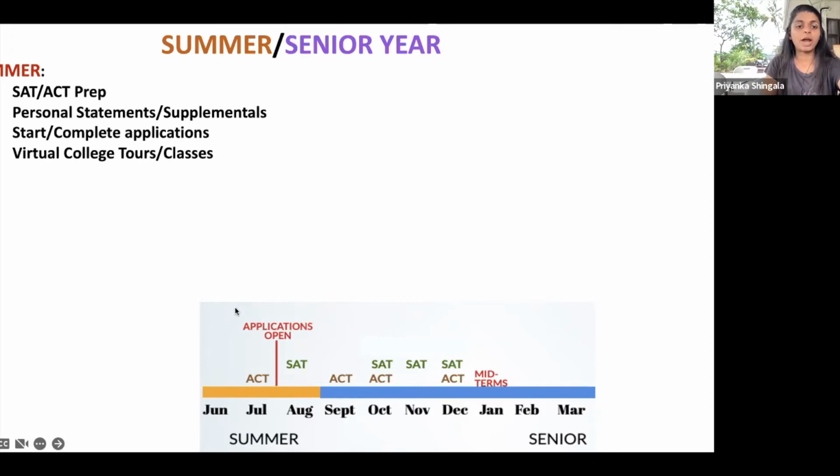Now, writing, basically. You want to start your writing over the summer. 98% of your writing, you ideally want it done over the summer. That includes your college essay. That includes most of the supplementals. The topics will come out. The college essay topics usually come out January, February of junior year. So you have a good 8 months or 6 months before your summer, before you even look at them. But those come out way in advance.